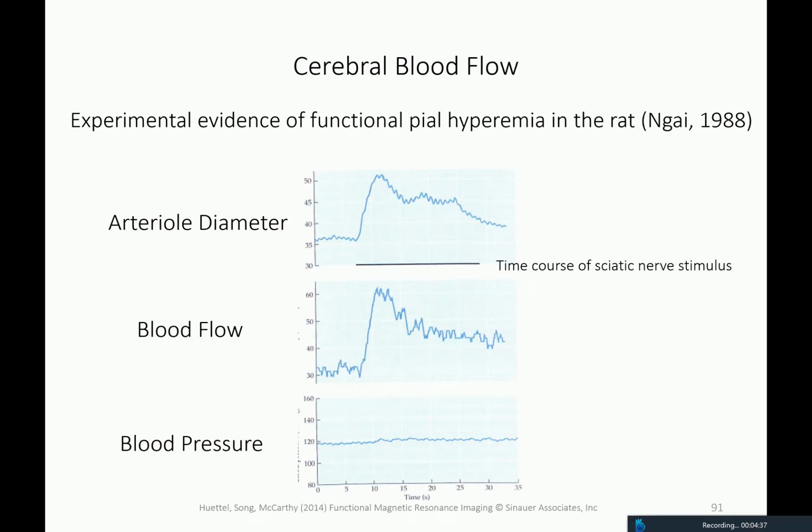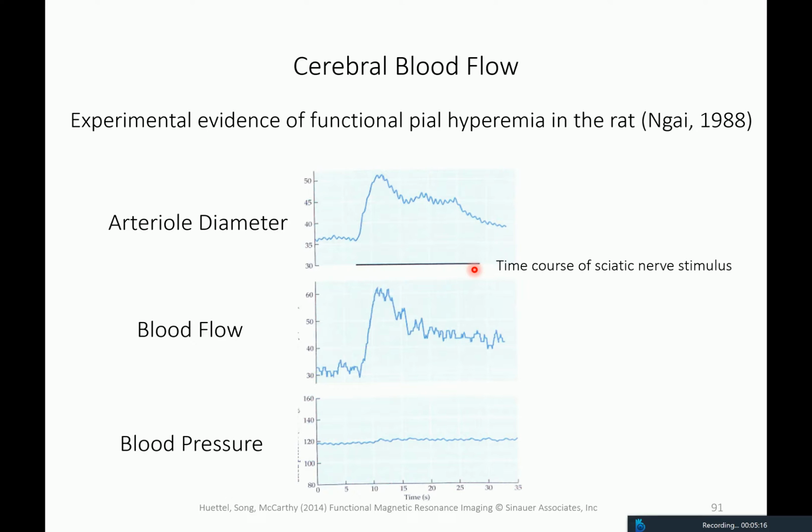This shows essentially something very similar to the Roy and Sherrington example, but a little bit more in detail and a little bit more in terms of a functional perspective. So again, this refers to a sciatic nerve stimulation experiment, this time in the rat. This black line shows when the sciatic nerve was stimulated. Don't know whether I mentioned it previously, but the sciatic nerve is this big nerve that goes to your legs